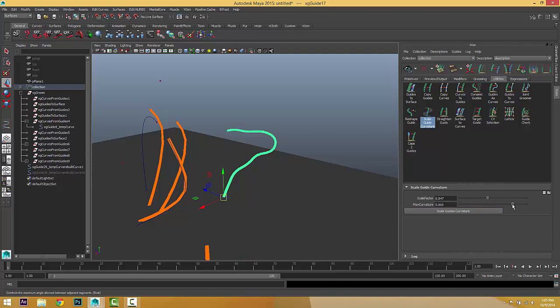and the max curvature is very simple. How much curvature do you want by the end? For example, if you want to have one full curvature by the end, there is no curvature, it's fully straight. Just undo, hoping you get something. Okay, that's the end result, what you want to get after you click on this. So maybe if you choose 0.5 and your goal is 1, you have to click twice to reach 1. Okay, and here we go.